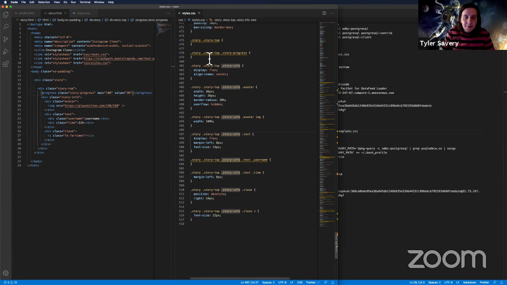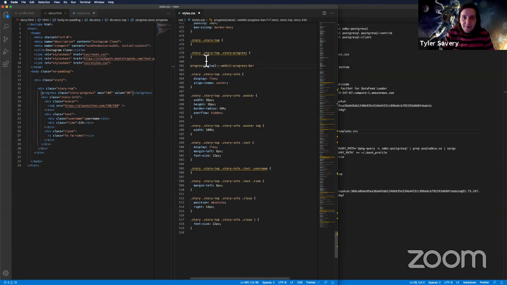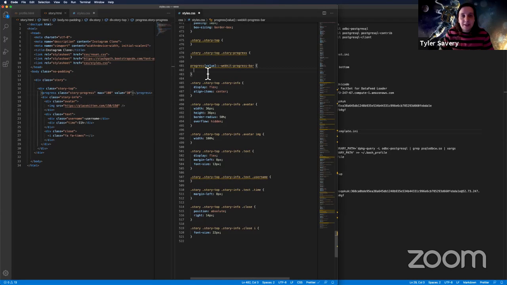Okay, so what I'm going to do, we're going to try this. I'm just going to do this right here. So this has a couple of interesting pieces to it. First of all, we're just going to style progress bars in general right now, and then we'll probably override it to be this specific one. And this is a notation we've kind of seen when we were styling forms. Essentially what this means is it's going to target any progress bar that has a parameter of value, which this one does. And then there's this pseudo selector, so :